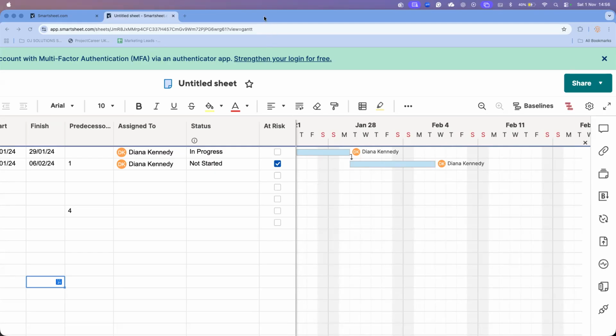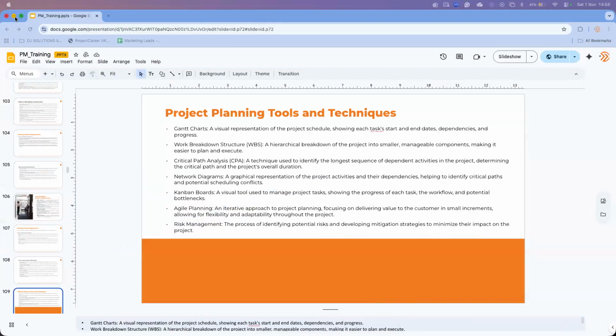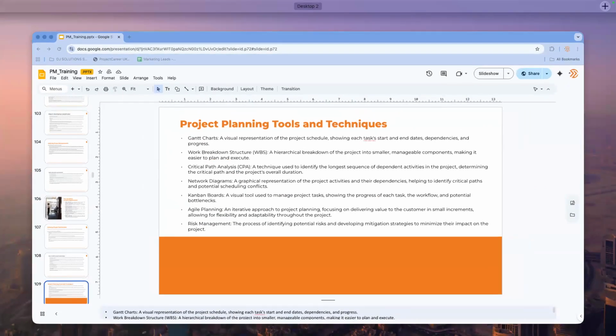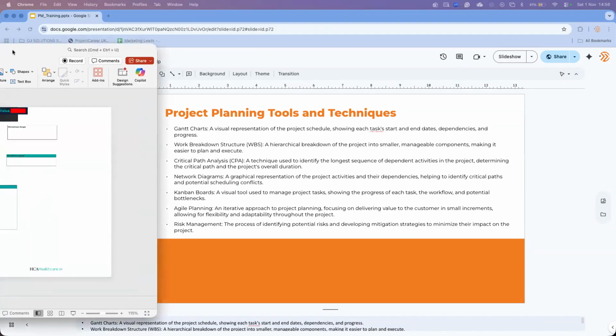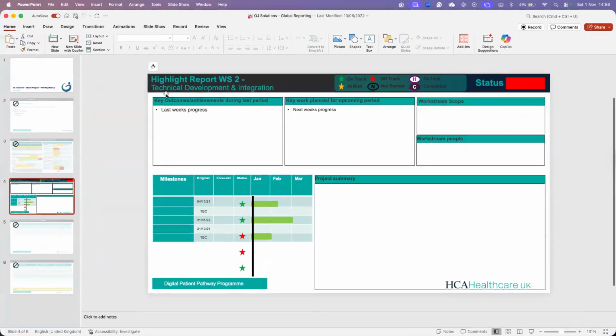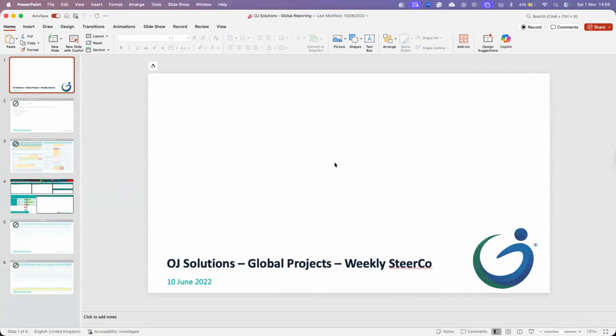So the next thing I would like you guys to do, I'm going to show you and walk you through this. It's usually something for the execution phase, monitoring and controlling. But I'll show you a few examples. If you've been on the calls, you would have seen week by week the guy giving reports. The whole point of that is that because it's a project, you need to report on what is going on, where you're up to, things like that.